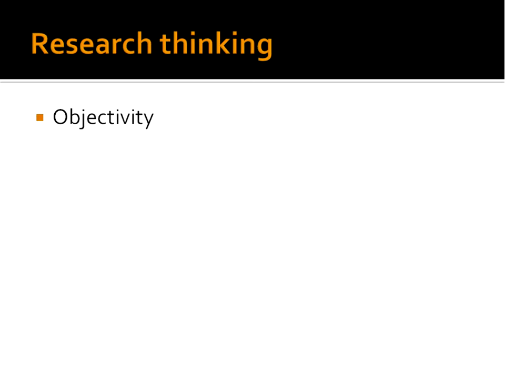Once I've determined what my research problem is, I need to be objective about that. Especially if it's something related to something that you feel very strongly about. Right? So if you feel, as I hope you do, that the Bible is inspired by God, when I come to passages like Mark 16, John chapter 8, where there is a question of manuscript variance, even though I feel that the Bible is inspired, that it's the Word of God, I want to be objective in looking at this evidence and determining, does this passage belong there or not?